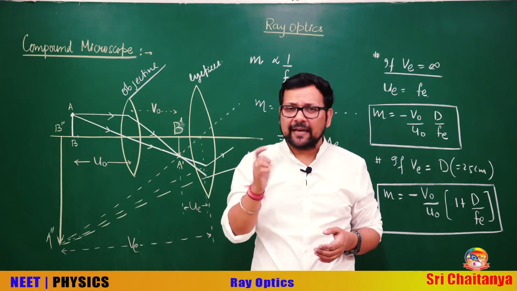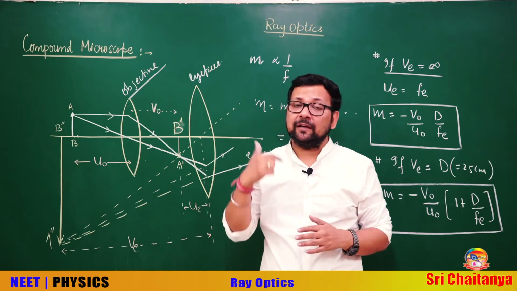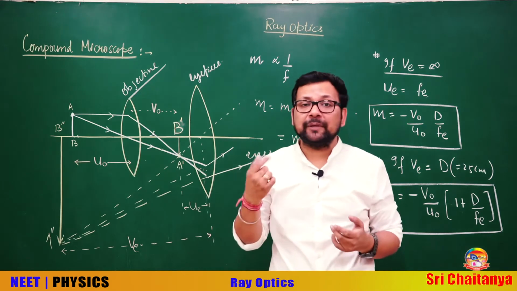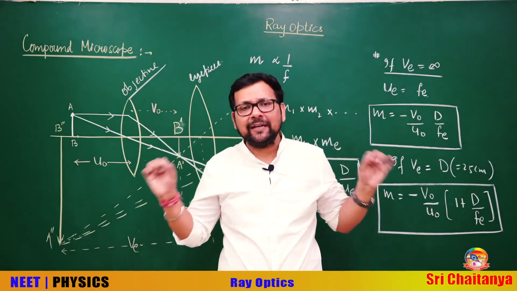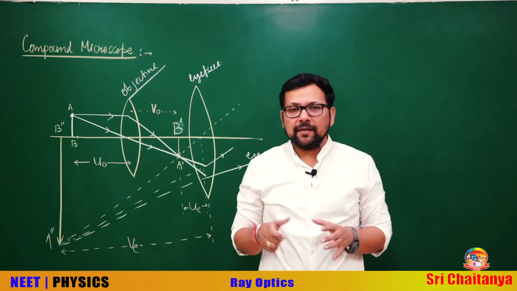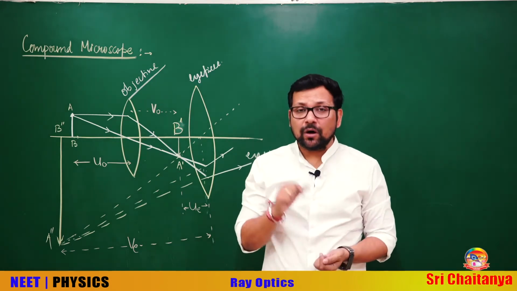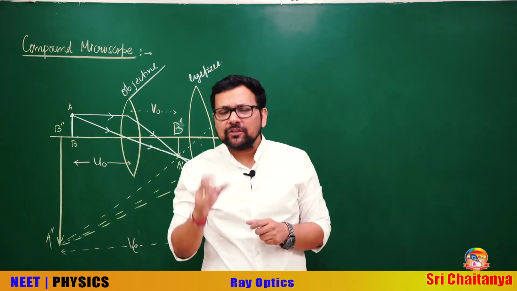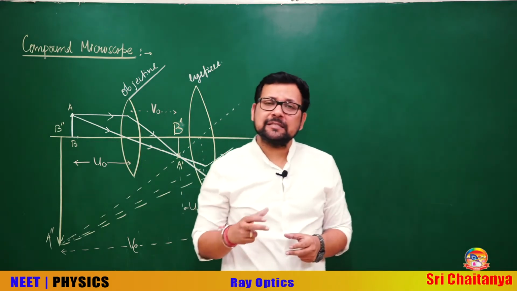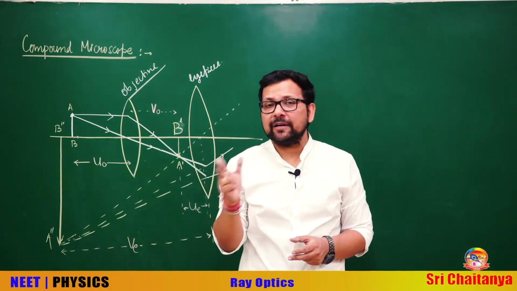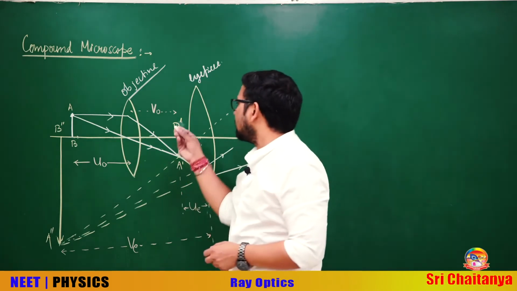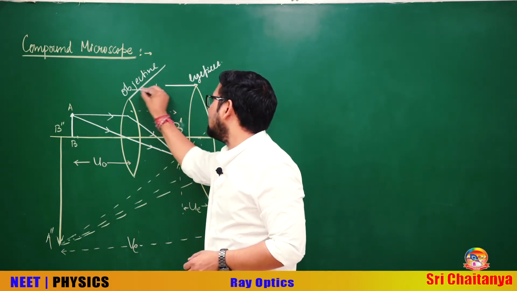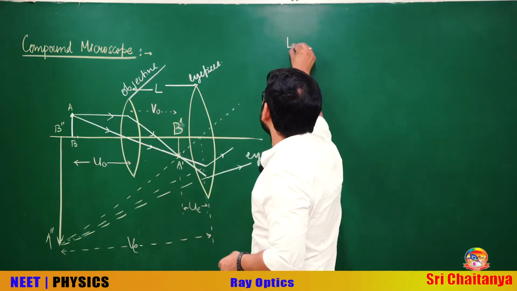a rough ray diagram where the image is being formed due to the objective, where the eyepiece image is, where the object is being placed for the eyepiece due to that objective, all these small details must be in your mind. At times magnification is also asked in terms of length of the compound microscope. So, length of the compound microscope is precisely the distance between the objective and the eyepiece. This we can say is L. This is the length of the compound microscope.